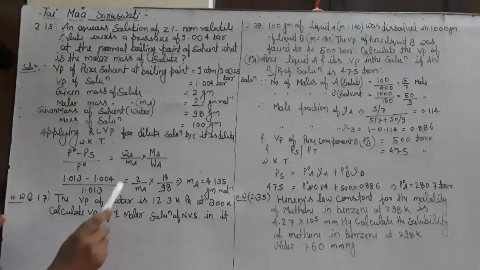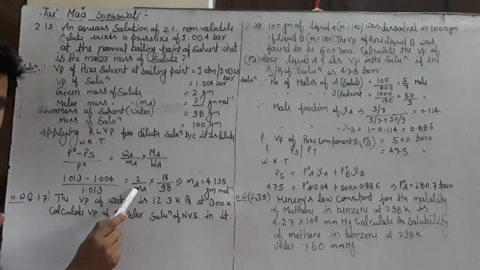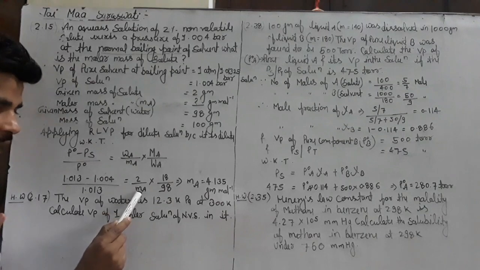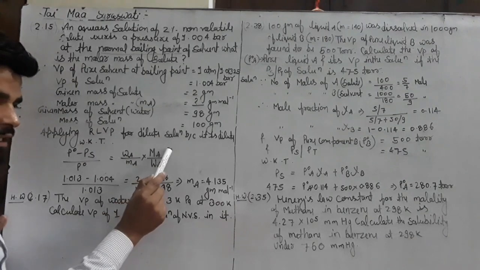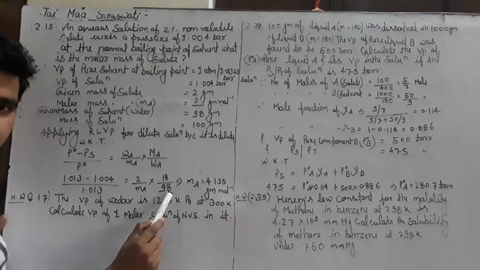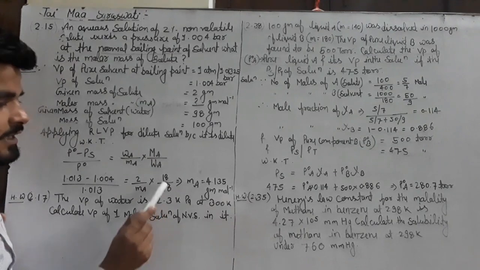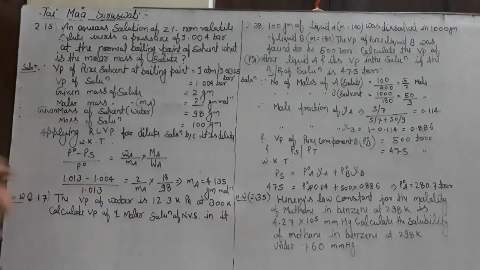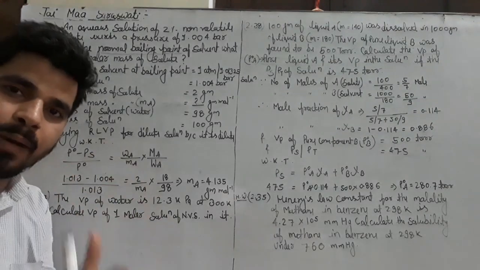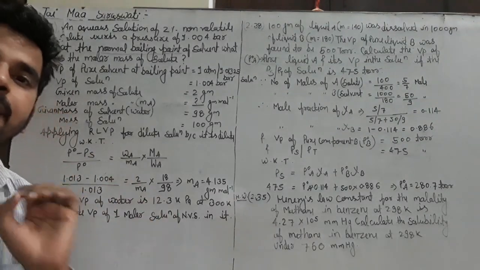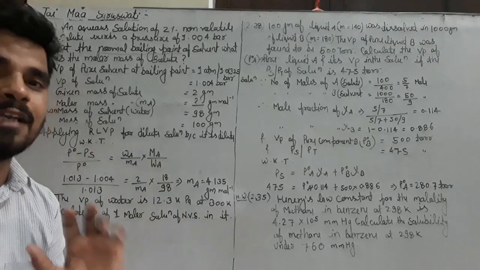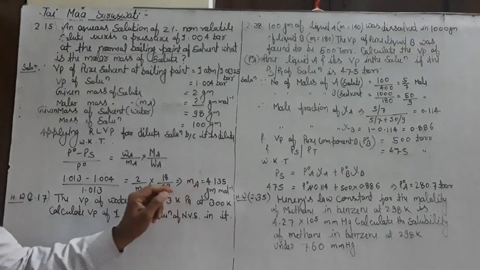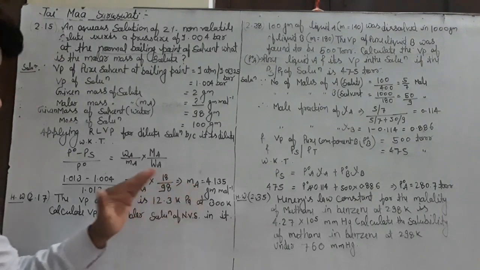Then after that, given the mass of solute, we have to find out the molar mass of solute, the molar mass of water, and the given mass of water. After doing the calculation, it is your part, dear children, because you have to be very good at calculation, so please practice that also. So the molar mass of solute will be